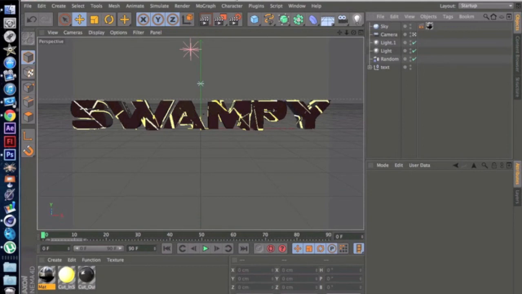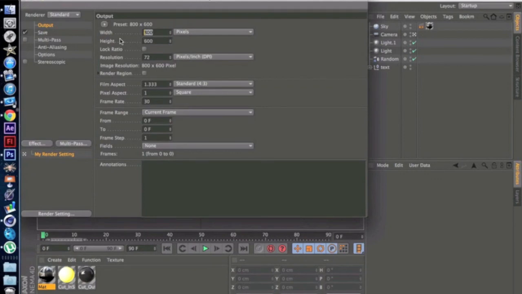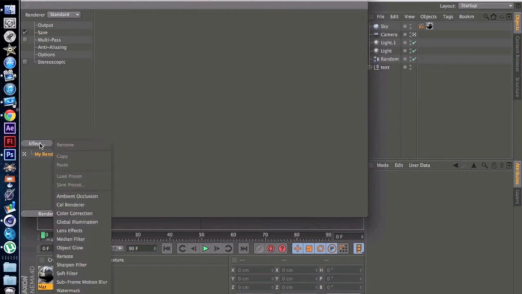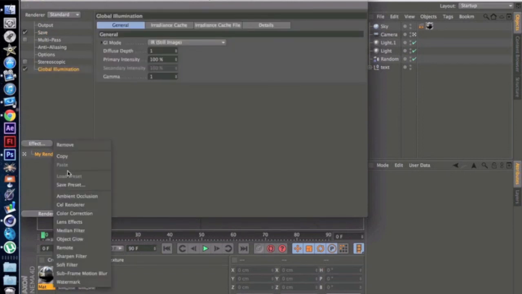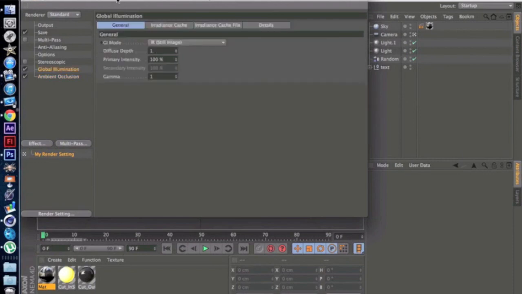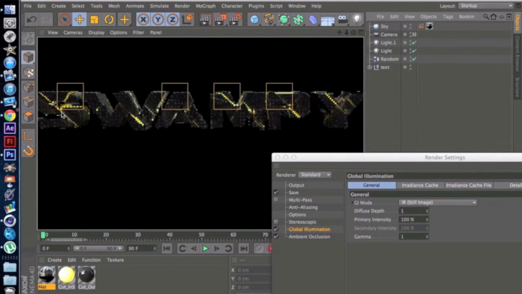Okay, once that's done, I will go through some render settings. So output, always render in 1280 by 720, standard high definition. Save it wherever you want, doesn't matter about that. So I like to add some global illumination and ambient occlusion. So I usually pump that up to 5 a little bit. Ambient occlusion basically adds shadows into this, as you'll see in some of the,